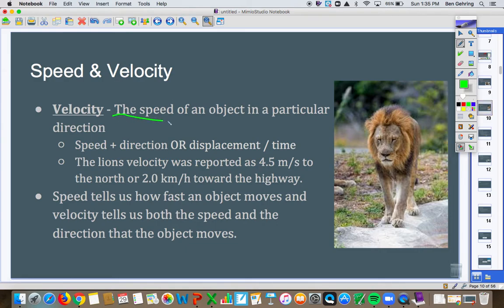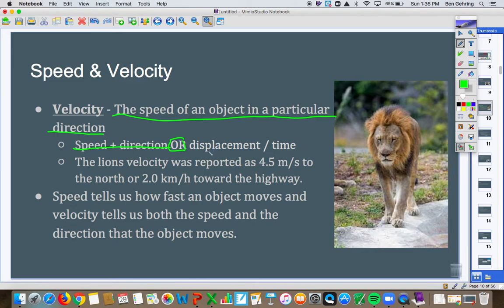So the velocity is the speed of an object in a particular direction. And there's actually two ways you can define or calculate velocity. One is you can have the speed of an object in a direction. So you can have speed plus direction. Or,